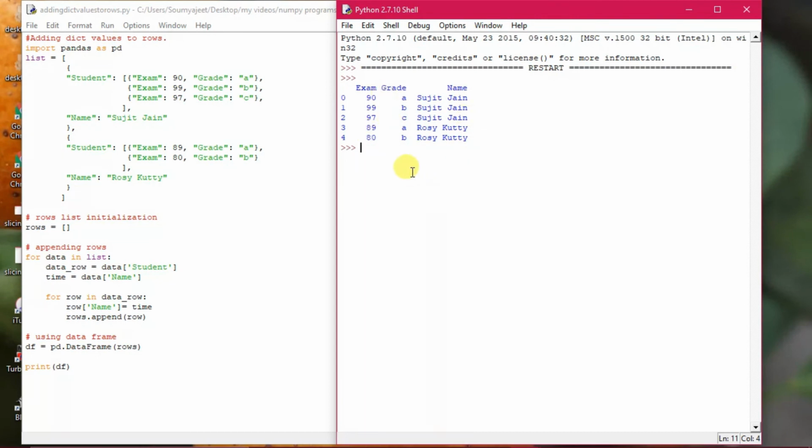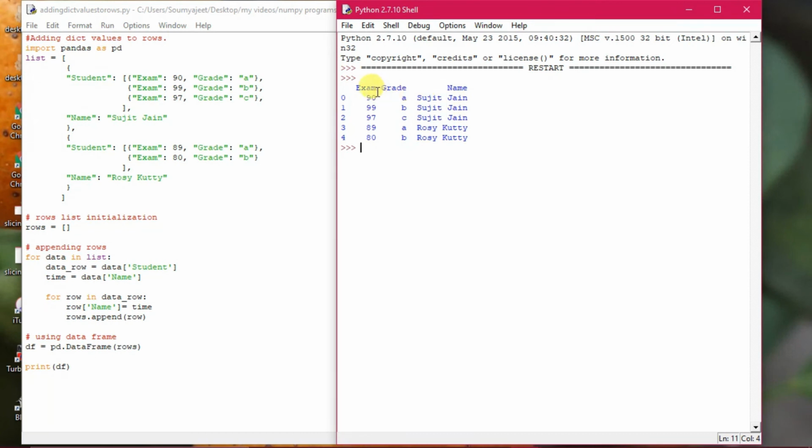You see the thing has come in the row. It shows this is the index, this is the exam, this is the grade, and this is the name. All has come over here. As we have given a loop here, it is showing you the different grades for different entries.